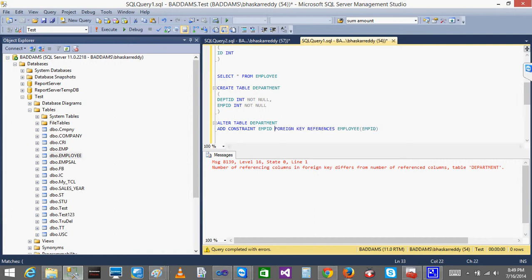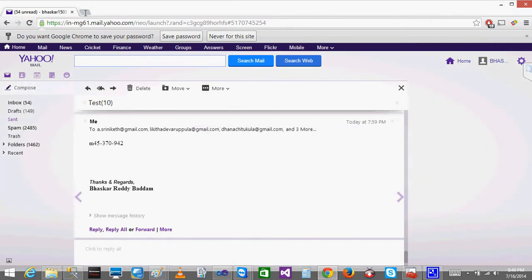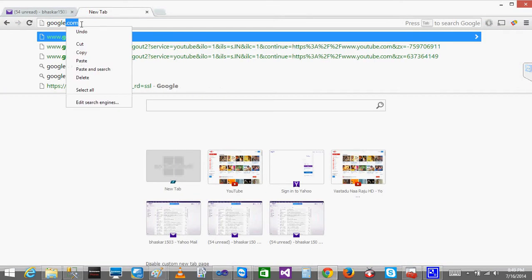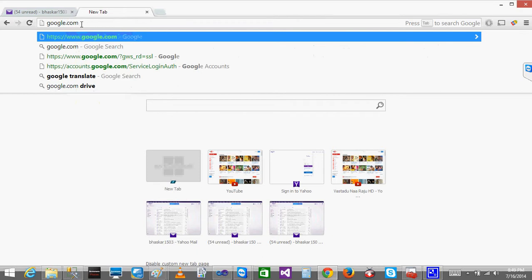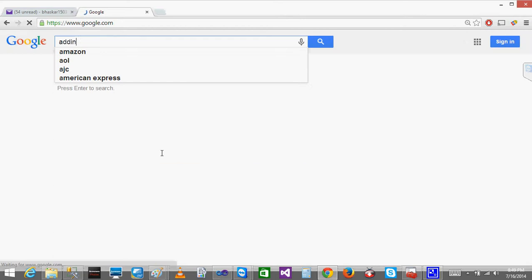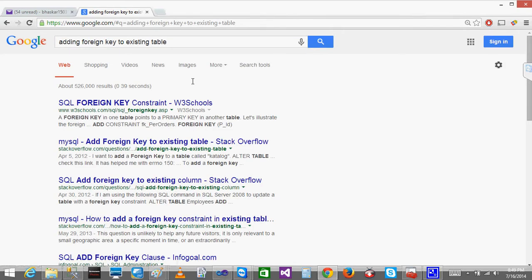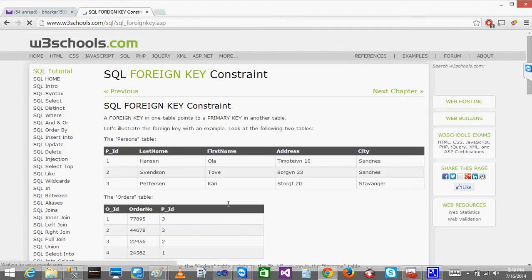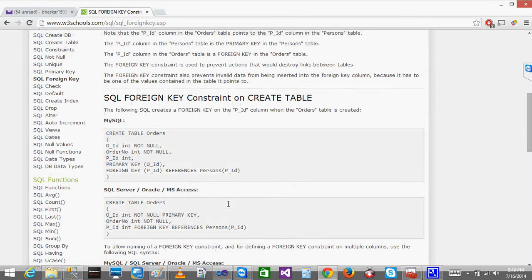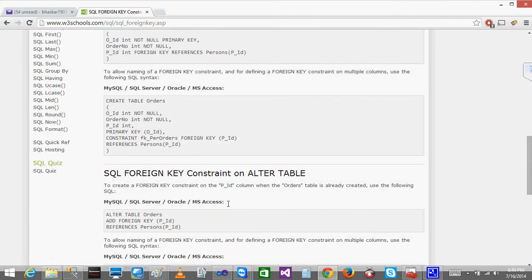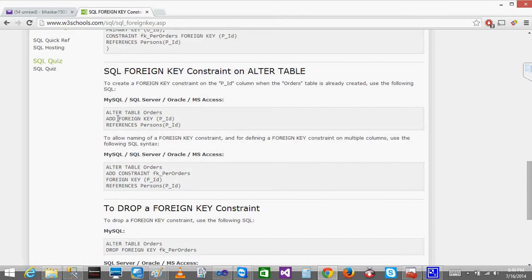There may be a small syntax issue, so let's search on Google: alter table, adding foreign key to an existing table.